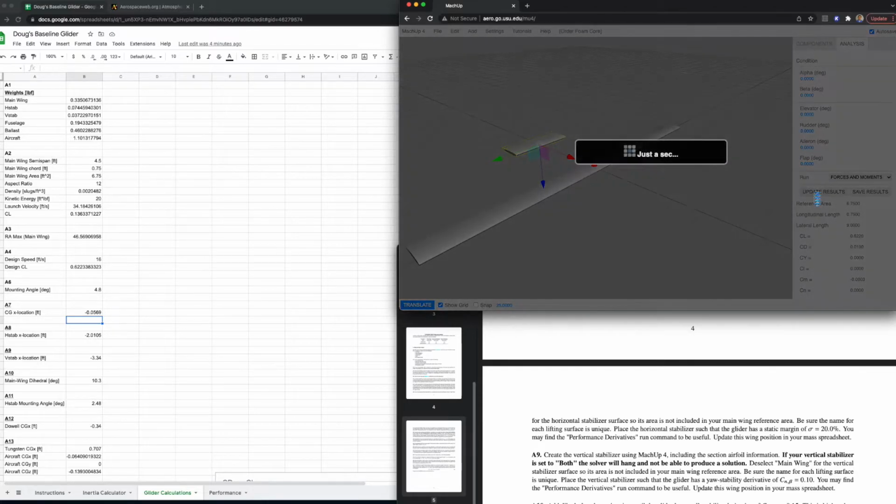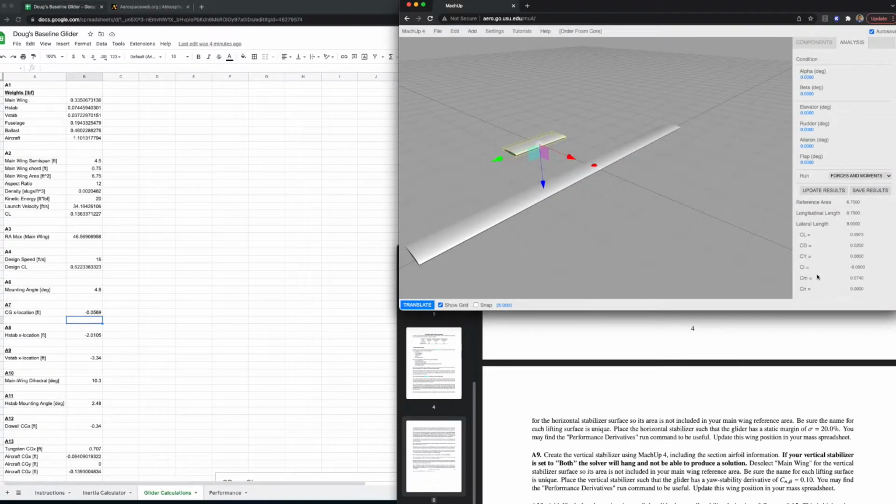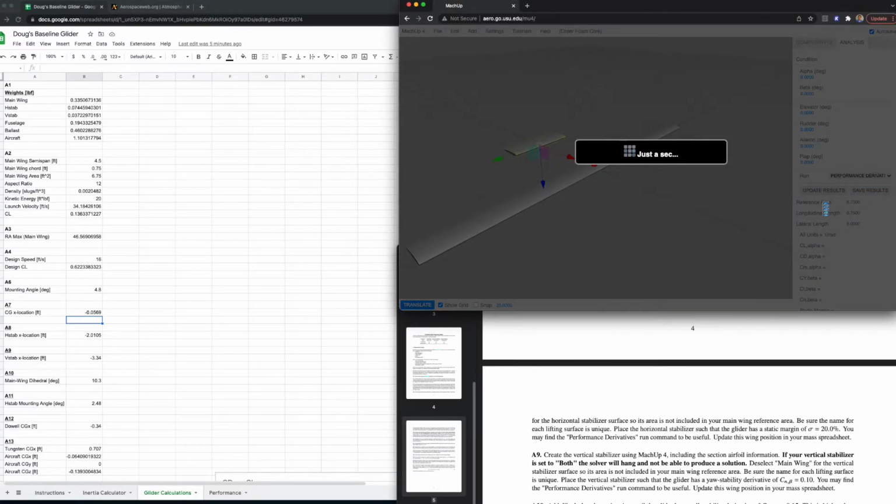Okay, so let's just update results here. You can see that the fact that we have a horizontal stabilizer there is going to change our lift coefficient. It's also going to change our pitching moment, and we'll come back and fix that later. But right now we're trying to find the position, and we're going to use performance derivatives to do that. So if I run performance derivatives and update results,